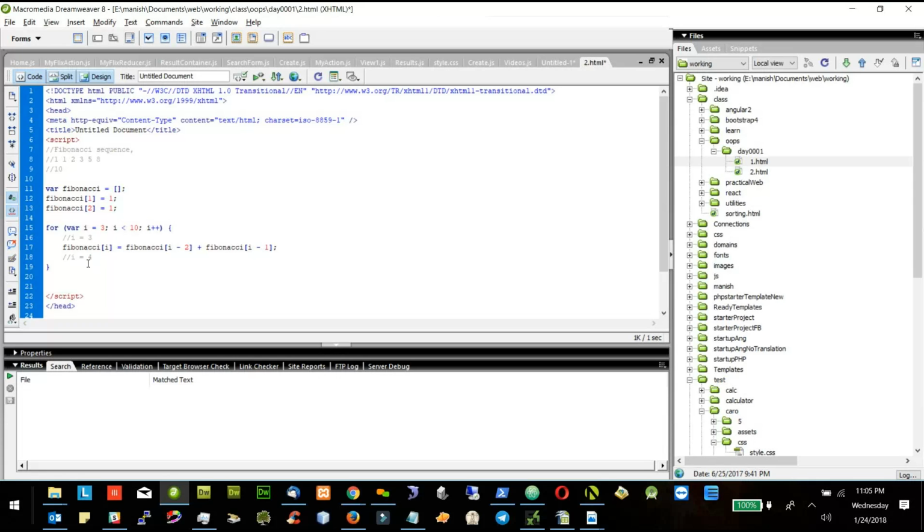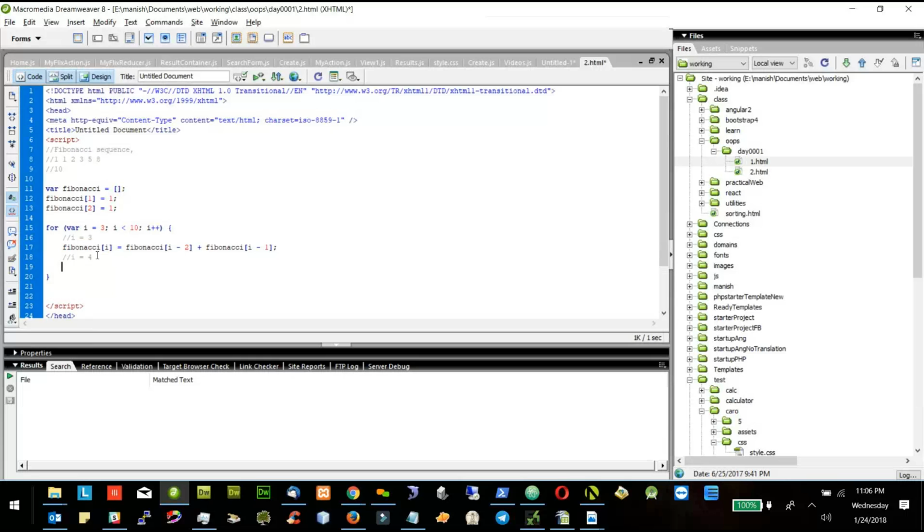So if I say I minus 2, that means 3 minus 2, that will be 1, and Fibonacci 1 is nothing but this 1. And here I will say Fibonacci of I minus 1, that is 3 minus 2, which is nothing but 1. 1 plus 1 will go here, and Fibonacci of 3 will become 2, because we are adding 1 plus 1. Let's go one more.